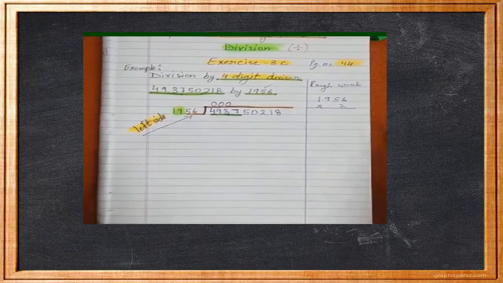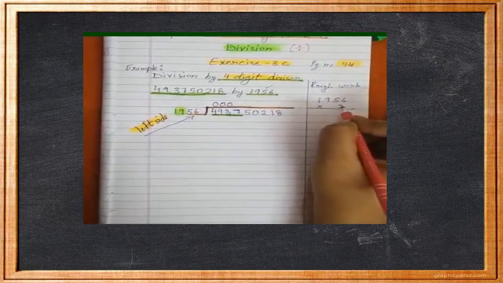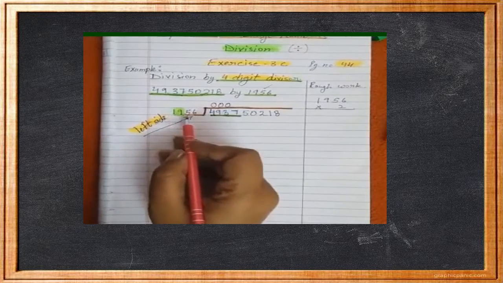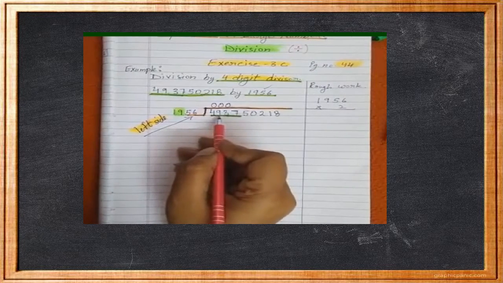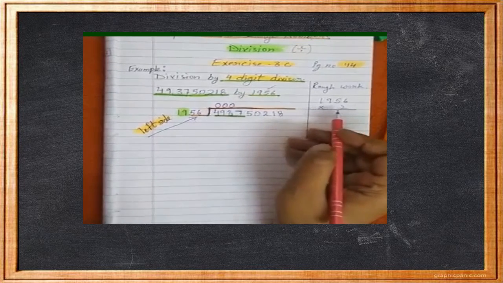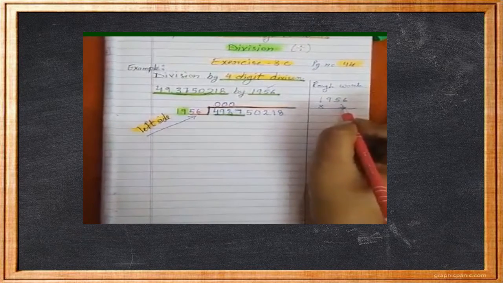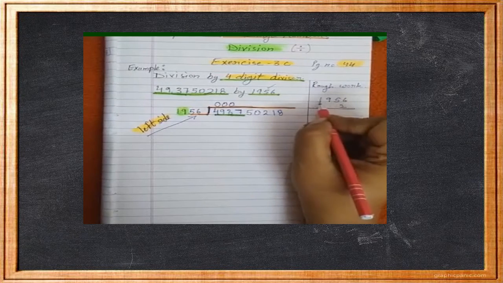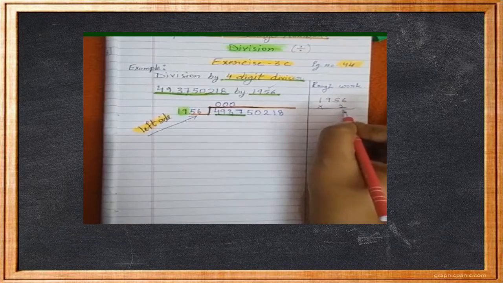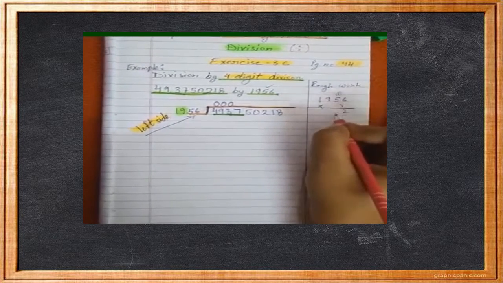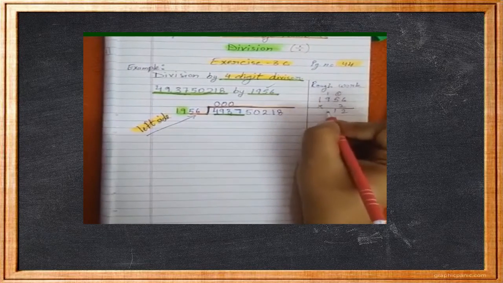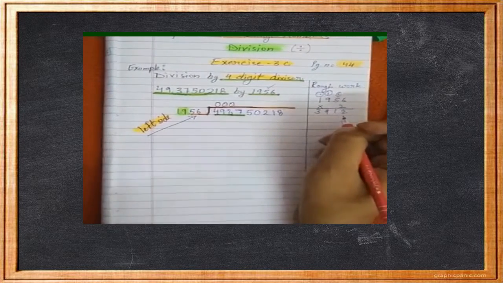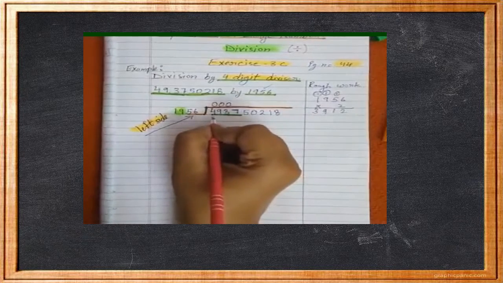Now, multiply this. I am repeating again, we are not taking 3 times because 19 threes are 57 and 57 is bigger than 49. That is why we are taking 19 twos. So 19 twos are 38. So we are multiplying 2 with this complete number 1956. 2 6s are 12, 2 5s are 10, carry 1, 11, 2 9s are 18, 1 is 19, 2 1s are 2 and 3. 3,912.